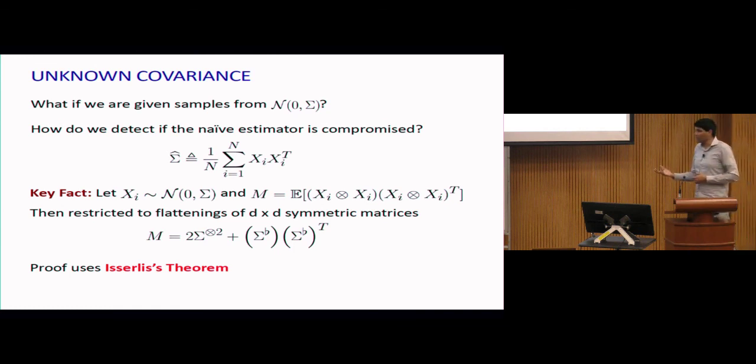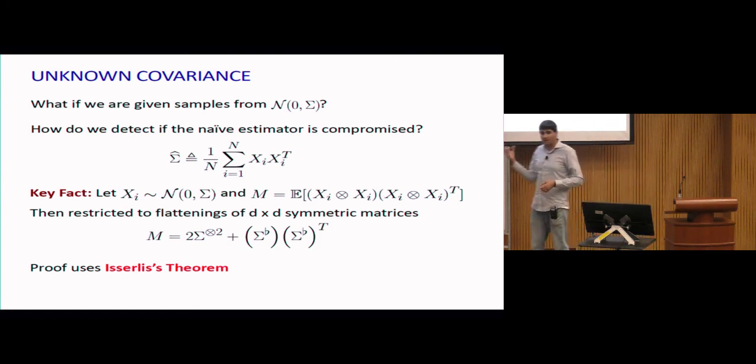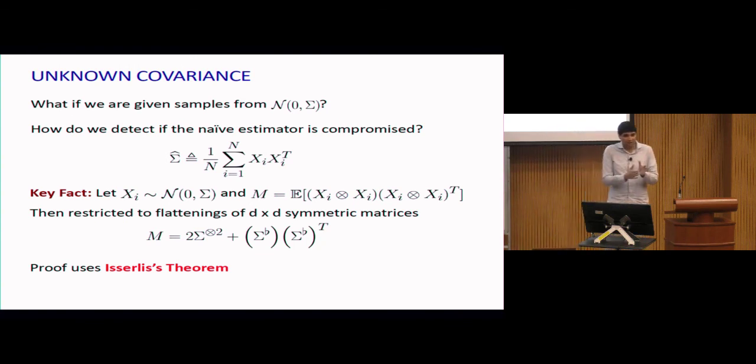Now, the really big problem with this is that imagine I plugged in sigma as the identity, just for simplicity. Then the identity tensor with the identity is just a big identity. Spectral norm is 1, no problem. But I flat now is a rank 1 matrix, I flat times I flat transpose. So its spectral norm has a polynomial d factor when you compute it. So in fact, the spectral norm is really large. It would be really easy for the adversary to add a ton of dimension-dependent corruptions that hide in the shadow of this term.